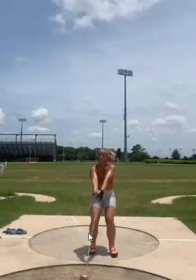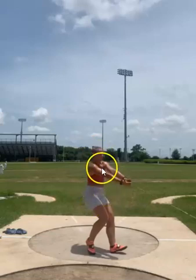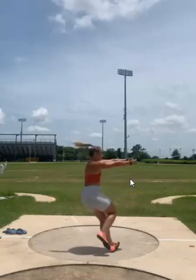You're turning with it, but then you're just a little bit too upright with your torso. You could get your hips a little bit more forwards and perhaps even shoulders a little bit further back, so you can really leverage your hips up into the ball as it goes towards the sector. Like I said, still pretty straight up and down here, where you could get a little bit more counterclockwise tilt